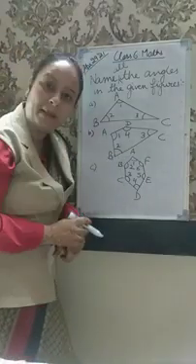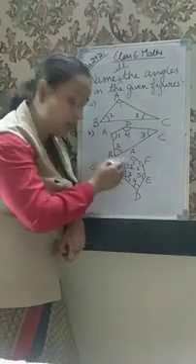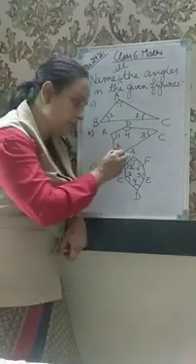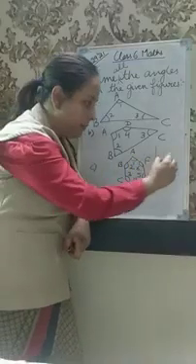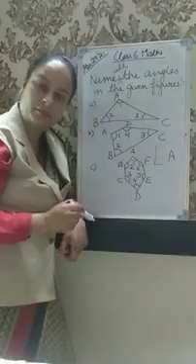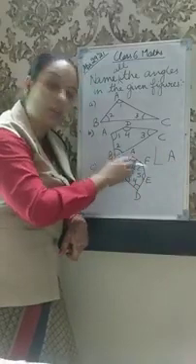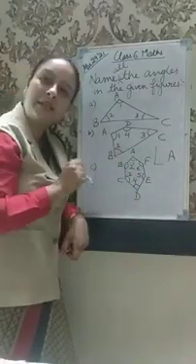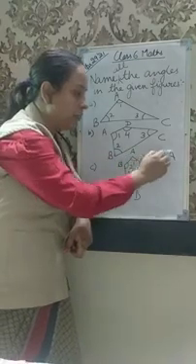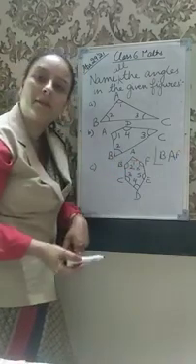Let's say you have to name angle A, like angle 1. Okay. So it is formed on A, right? So make the angle mark and write A in the middle. Okay. Then see what it is connected to on both sides. On one side it is connected to B, on the other side it is connected to F. So write B on one side, write F on the other side.